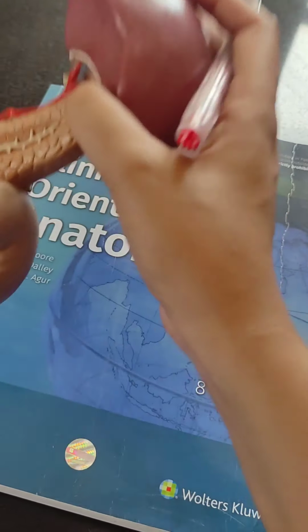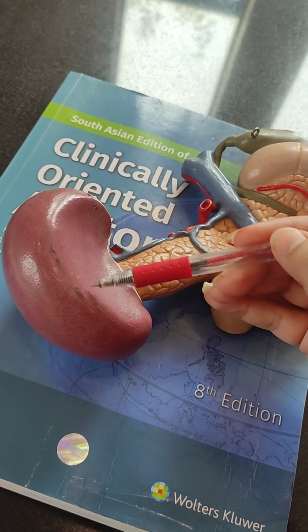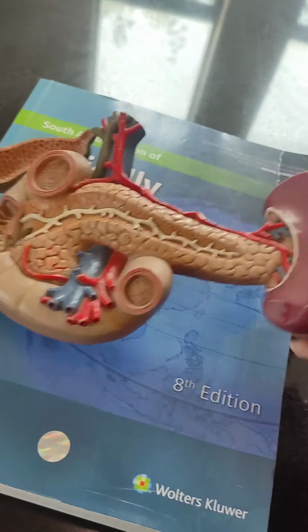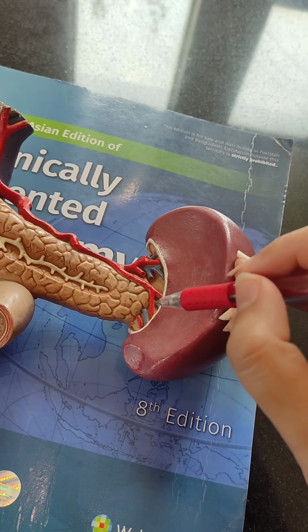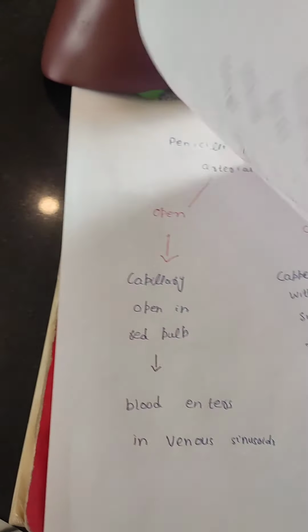After that, if we see, this is the inferior border. So inferior border is lying on the back side, while on the front side you can see 2 borders. One is the superior border and one is the inferior border. After that,